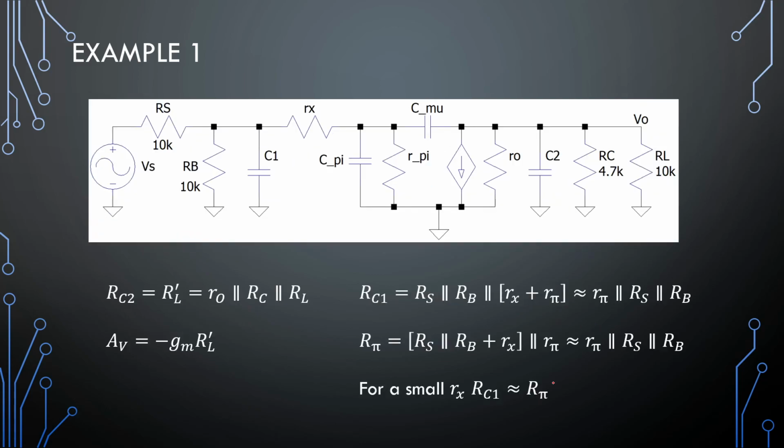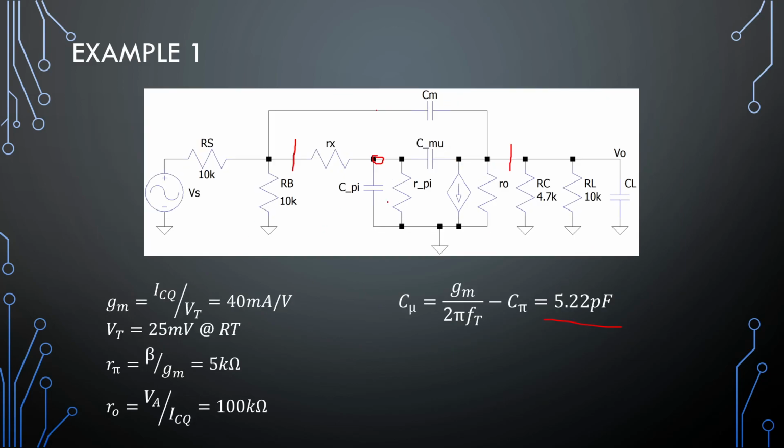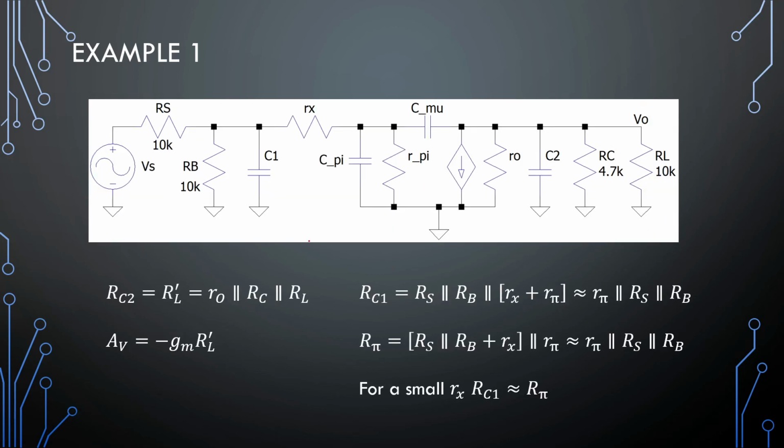Our next slide here is what will happen to this model when we do Miller on our C mu. I did not include our load and Miller capacitor on this one. So C1 will be going in this position right here, also outside the transistor, not directly parallel to C pi, and C2 will go on this side right here. So, equations,